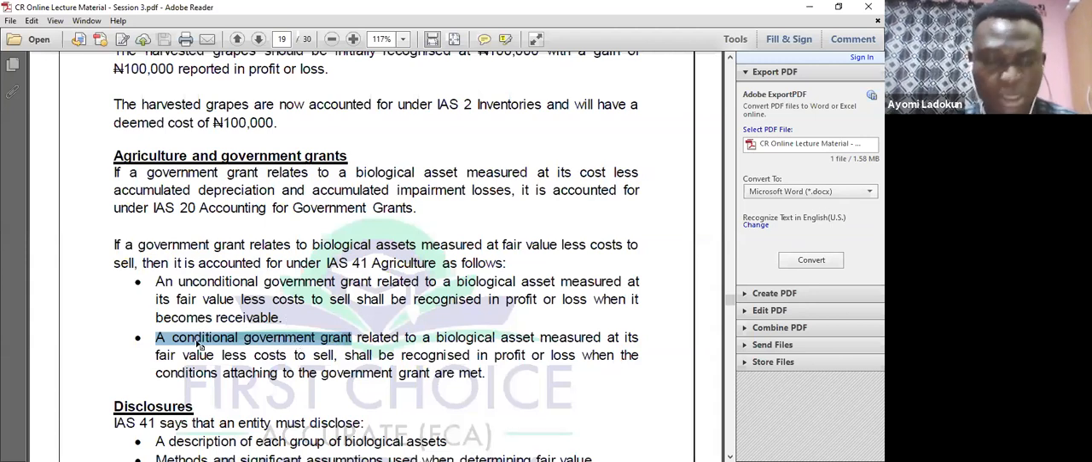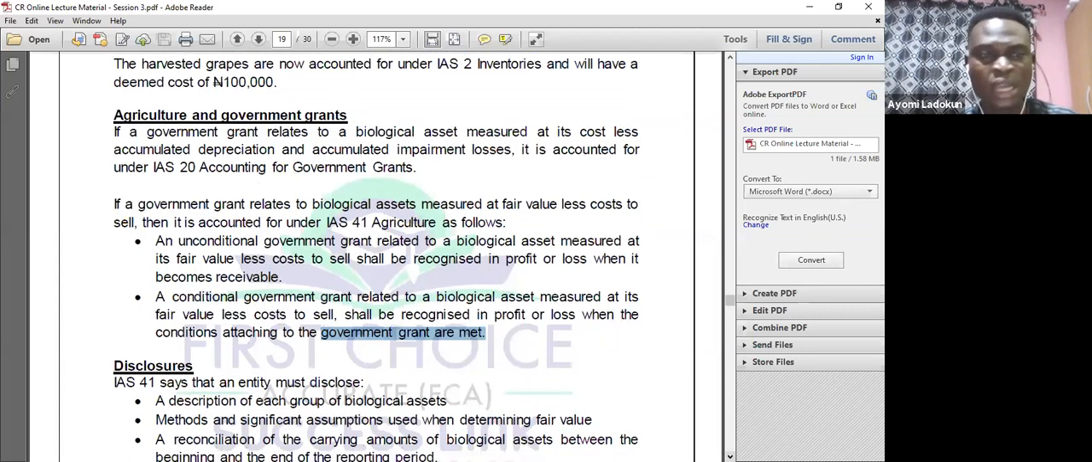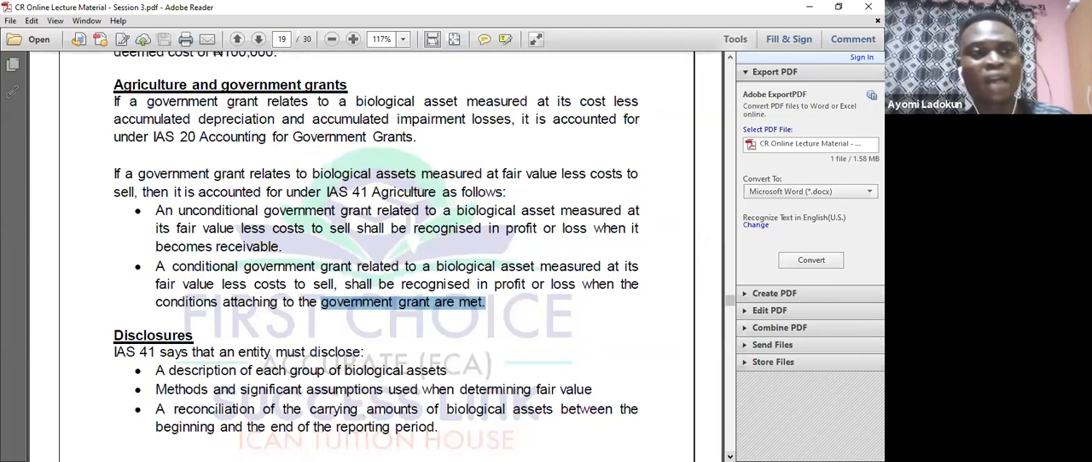IAS 20 is meant for the financial reporting class, okay? But if you have the time, I will also treat it. Very simple. So once it's conditional, you can only recognize it when you meet the grant conditions. For example, they can tell you that you should locate your farm in a rural area. It's a condition. You have to fulfill the condition before you start to recognize the government grant that is related to